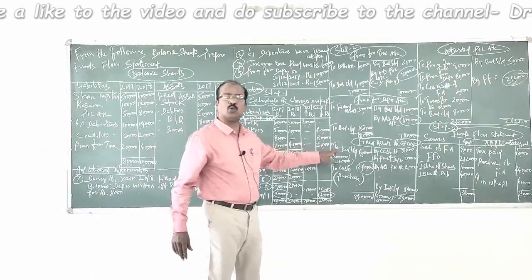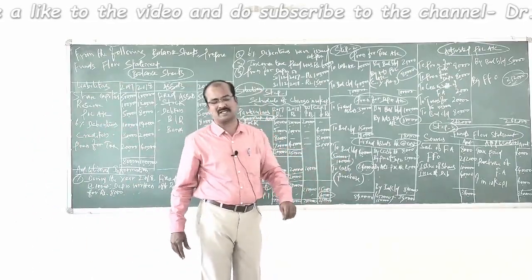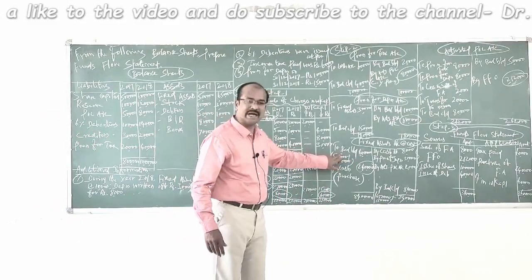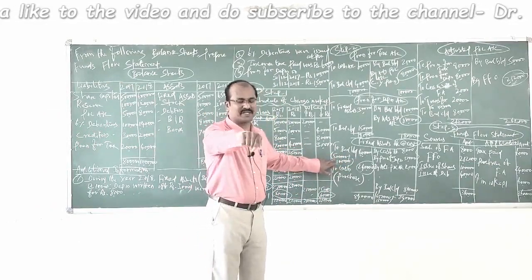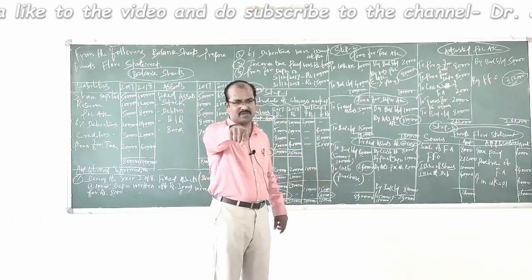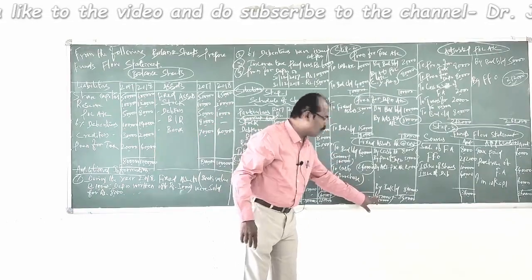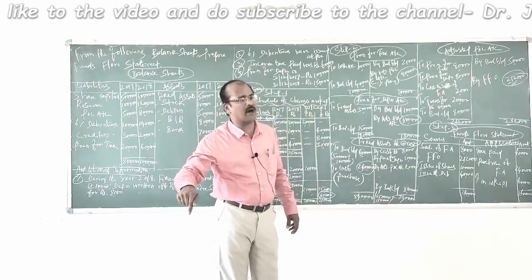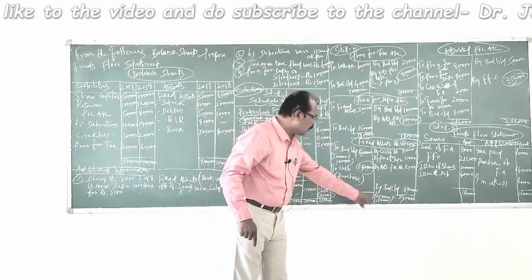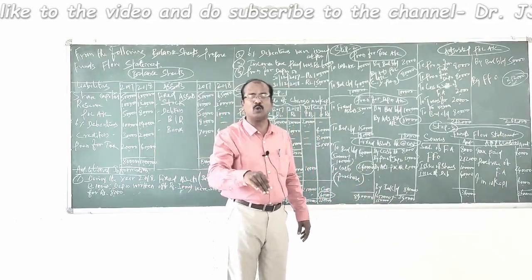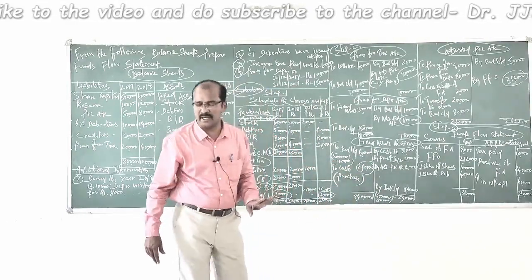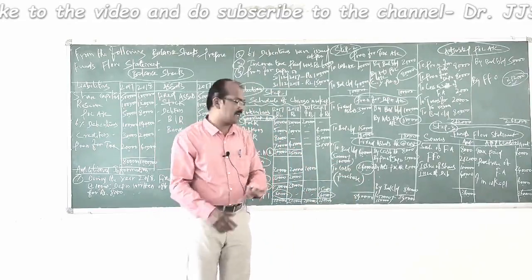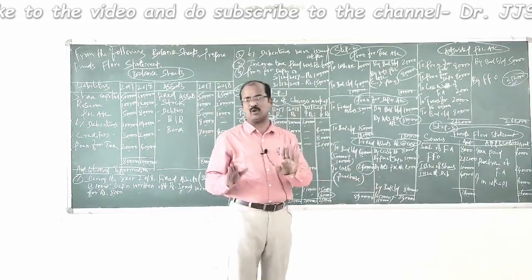Therefore, when you write the opening balance and closing balance of fixed assets, you have to be careful. What is that you should do? You add the opening book value of fixed asset with the opening provision for depreciation, and similarly with the closing book value of fixed asset, you add the closing value of provision for depreciation. So we have written the opening cost value of fixed asset and similarly the closing cost value of fixed asset.